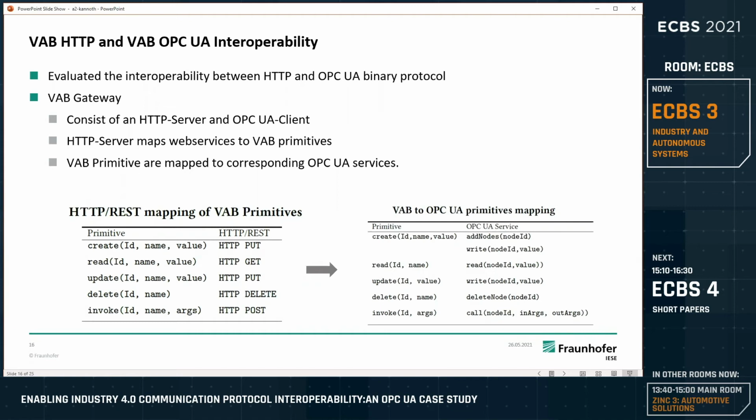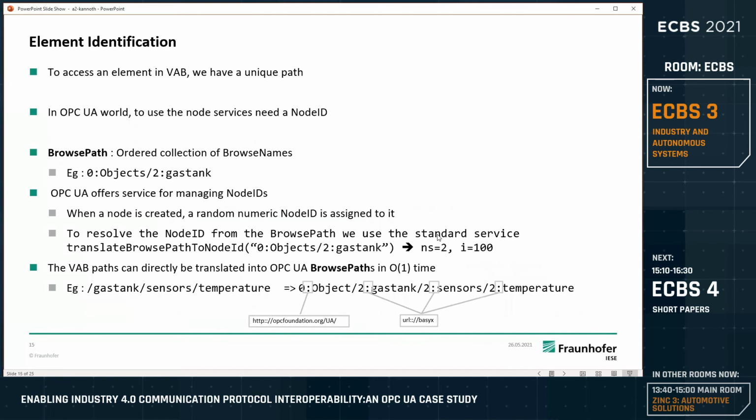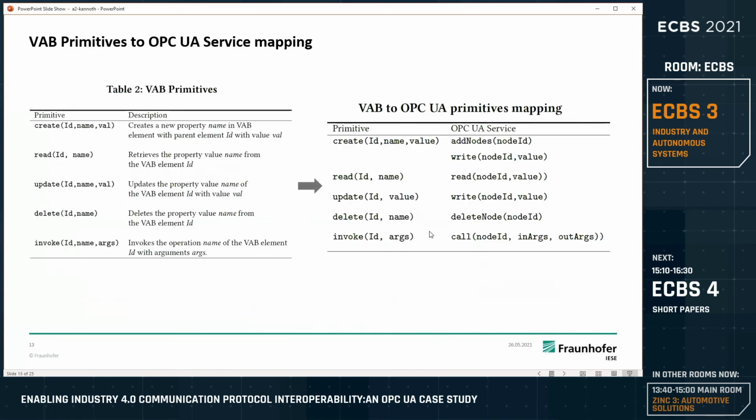Okay, so here as a proof of concept, we showed how to interoperate between OPC UA and HTTP through virtual automation bus architecture. In order to do that, we had to implement HTTP on the VAB side and OPC UA on the VAB side. HTTP is straightforward. We have mapped create to these HTTP request primitives, and that corresponding path has to be mapped. In VAB, we already mapped it before in this slide,